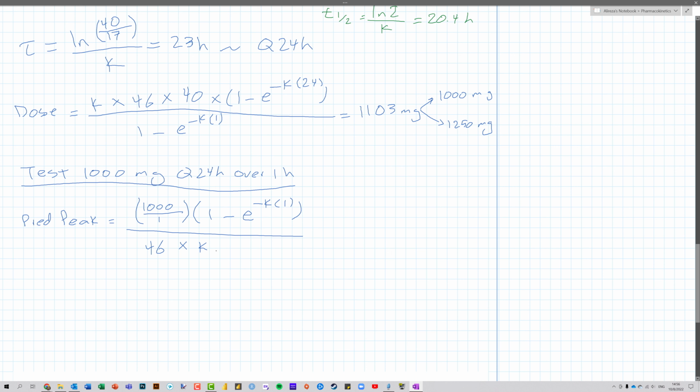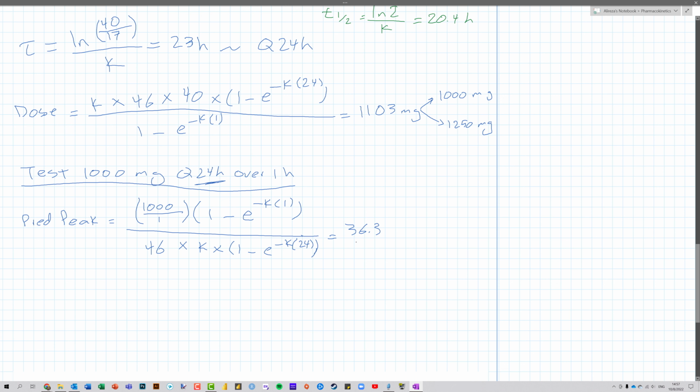Again, I'm using the blue k. And times 1 minus e to the negative k times tau, which is 24 hours. And this will give us a predicted peak of